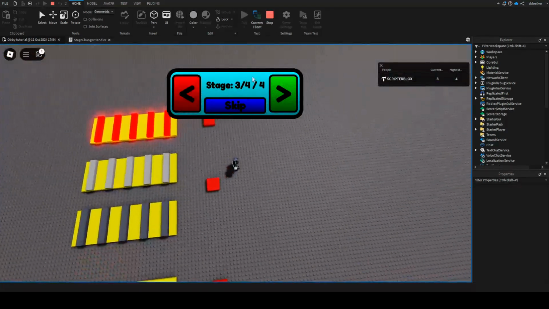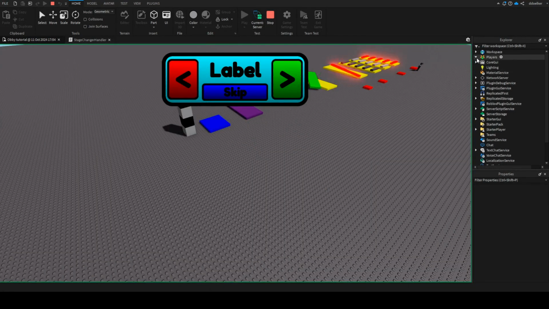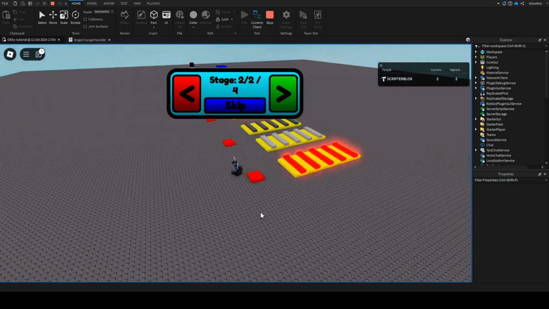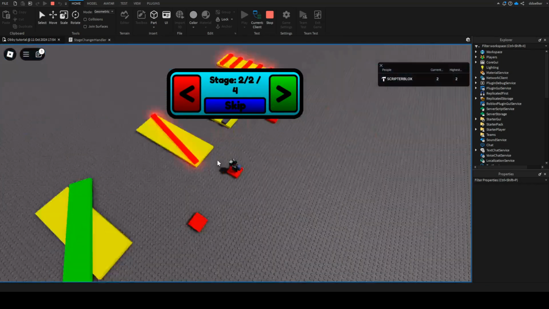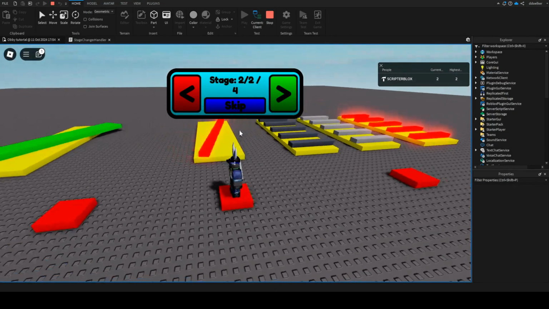Now currently, oh yeah, we achieved the highest stage. So let's quickly modify my player data so that it is not the case. And let's go back onto the client. Currently we can be either on stage 1 or stage 2. We can go further, and assuming for some reason it's so hard to get to stage 3, we can just